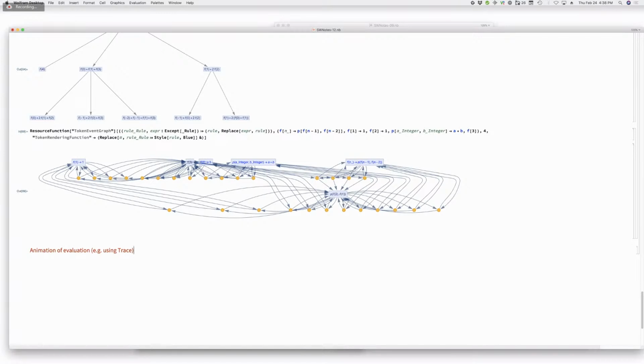Right, and so what we would see there is presumably an expression and things changing, flashing. I don't know how we arrange to not have the thing jump around because of the changing. Let's say we're doing an animation of evaluation, e.g. in full form. Is that what you have in mind, Roger? Yeah, or in tree form. Yeah, tree form. Okay. I think it would be interesting to make that animation. I think it will be quite hard to understand, but we can certainly make it. I think it's a good idea.